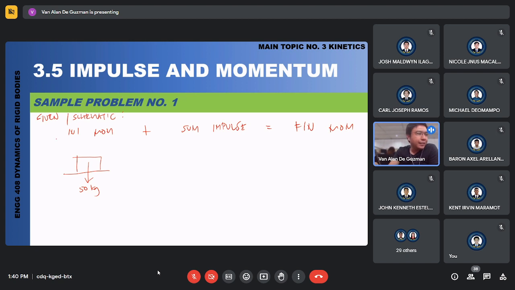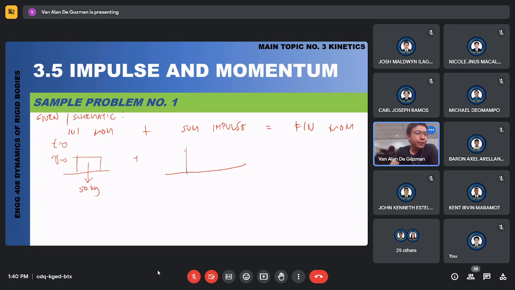Sunod, what is the velocity? Sabi nga natin that it started from rest. So from t is equal to 0, velocity natin is equal to 0. Meaning to say, walang velocity po tayo dito. 0 po ito. So this is basically yung figure natin for our initial momentum. Hindi siya gumagalaw initially. It started from rest. Just in the time na in-apply natin yung force from t is equal to 0 to t is equal to 5 seconds, dun lang po nagkaroon tayo ng motion. Ano? So plus,